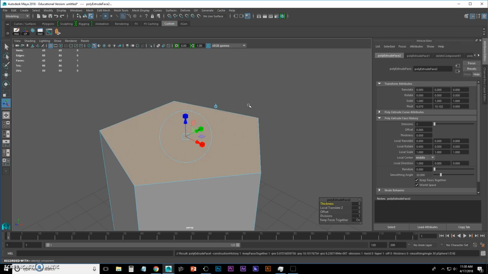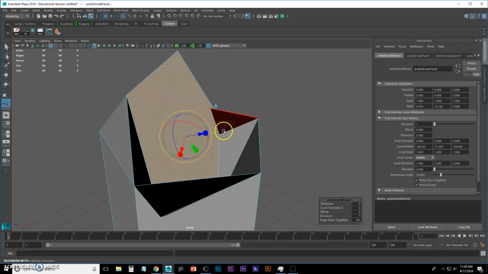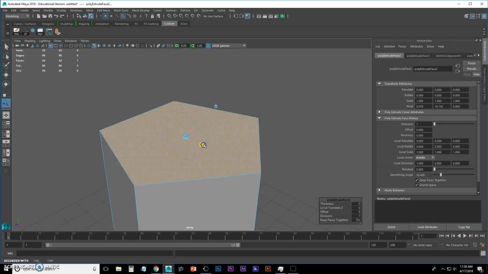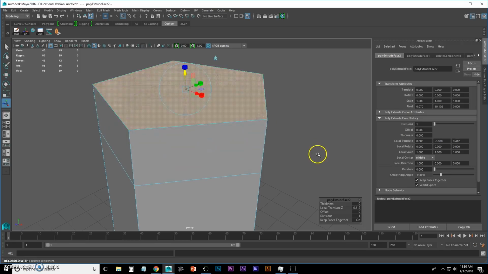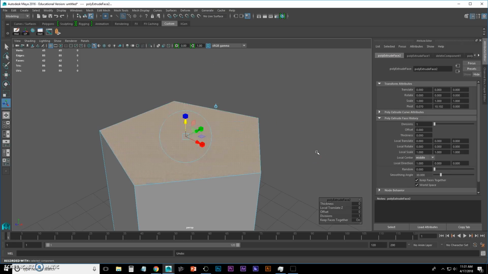I've got my manipulator up, and my extrusion manipulator has rotation. I can rotate it if I want, by the way. I can scale. I can move. I'm just zinging out of those to show you that you can do all those things with this multi-purpose functional manipulator tool. If I pull it up,